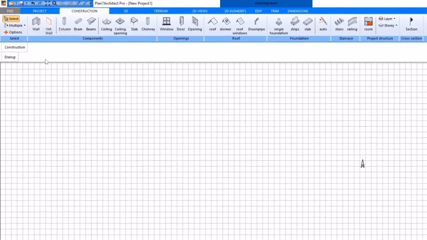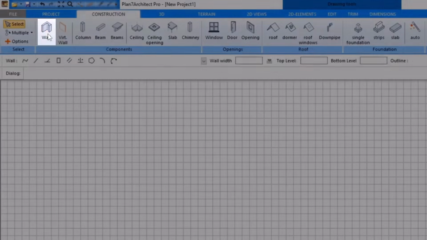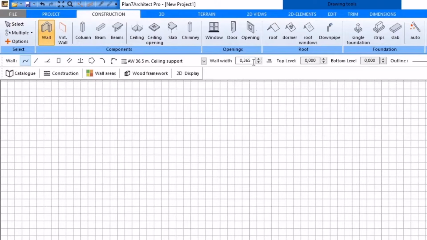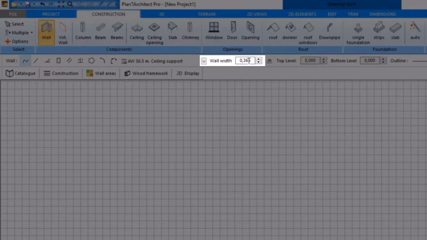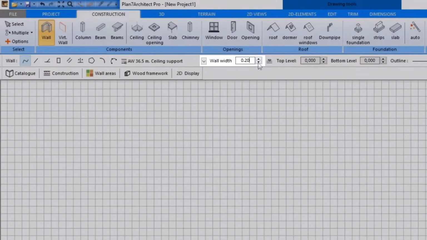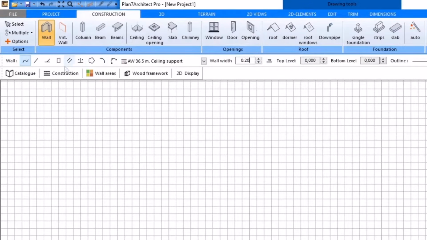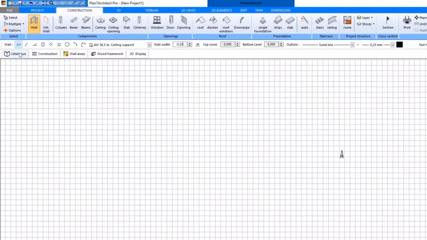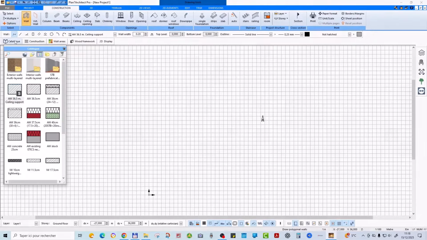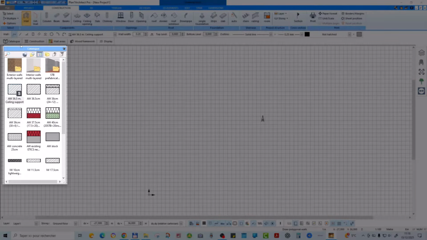Now you can click the wall button and set the wall's dimensions in meters. For example, 0.2, so 0.2 for 20 centimeters. You can also click on the catalogue to choose other wall types. Here, for a simple wall,